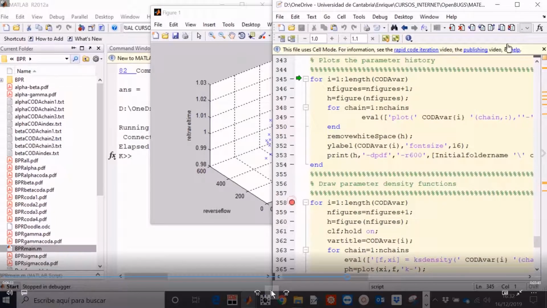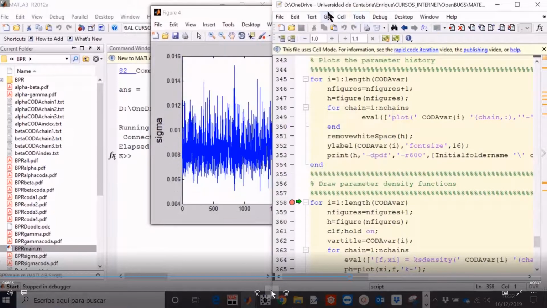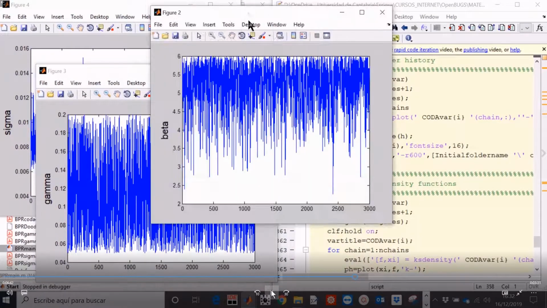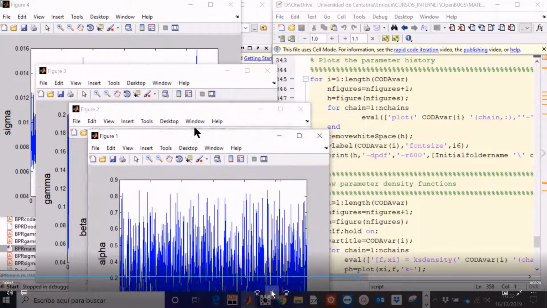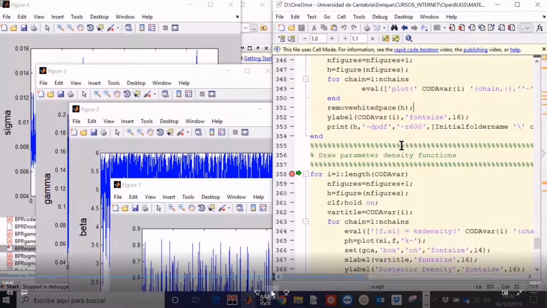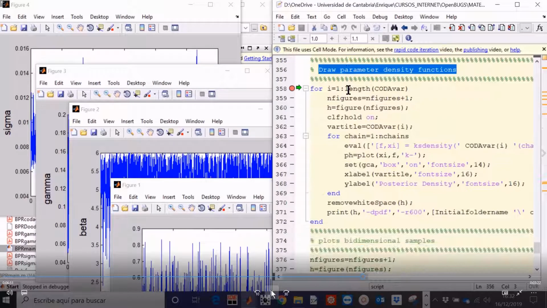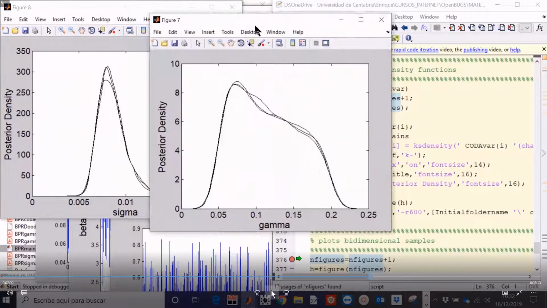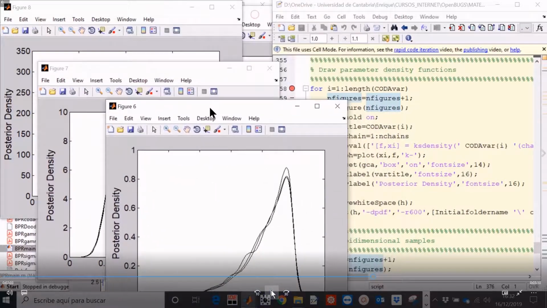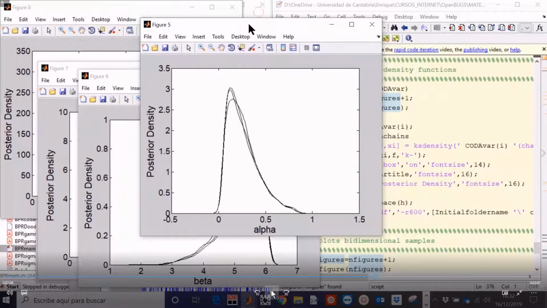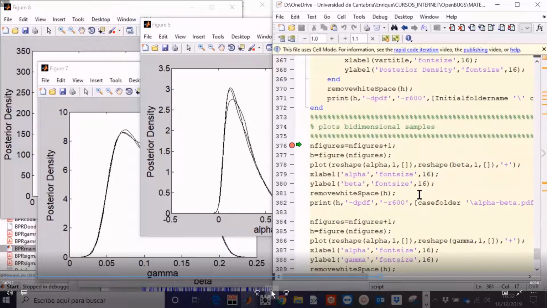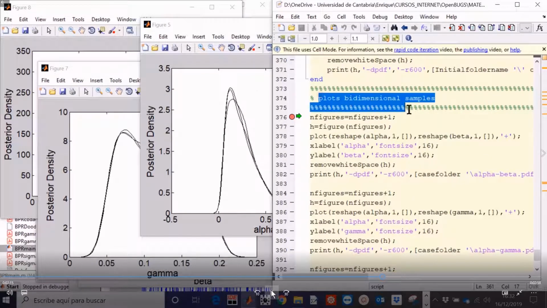Next, you plot the parameter history, and you can see here that the different sequences of parameter values are shown graphically, and the aspect is really nice and very regular. Next, you plot the density functions of the parameters, and this is done for each chain, so you get 3 different plots, one for each chain. You can do a single plot with all of them together if you like, but it is interesting to plot the 3 plots in order to check that there are no important differences.